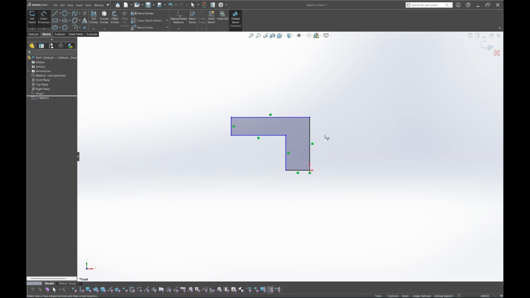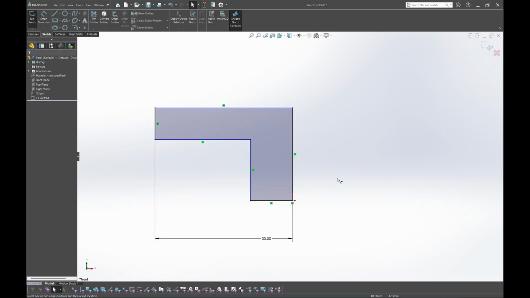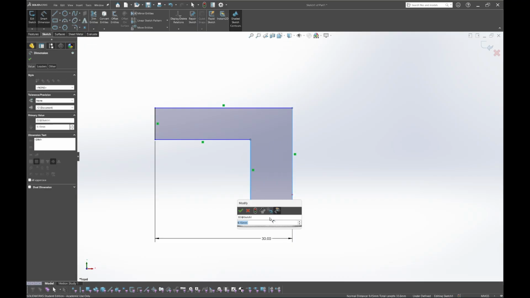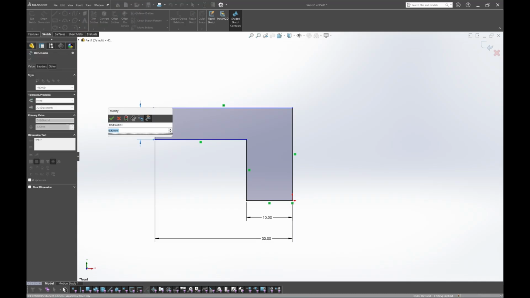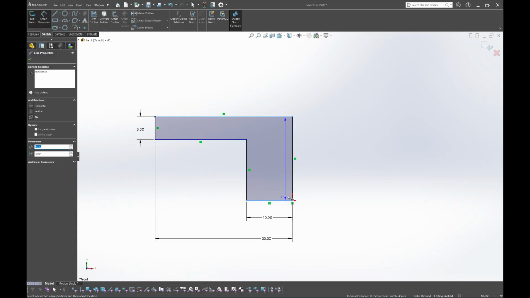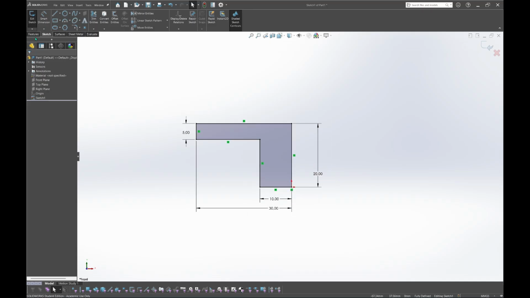Okay, don't forget to add dimension, maybe like this. Okay, and with the outsmart idea,